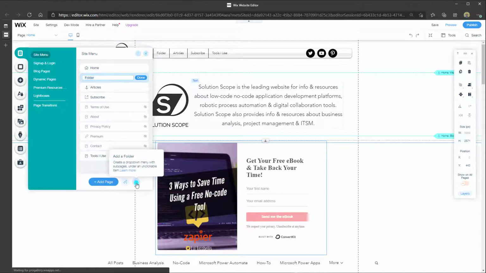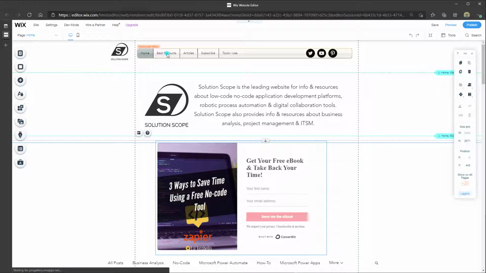Okay, so in Wix, the drop-down menus are referred to as folders. Okay, and I am going to call this folder Best Products, and I'm going to click Done. And now what you're going to see is Best Products has been added in between my home menu item and